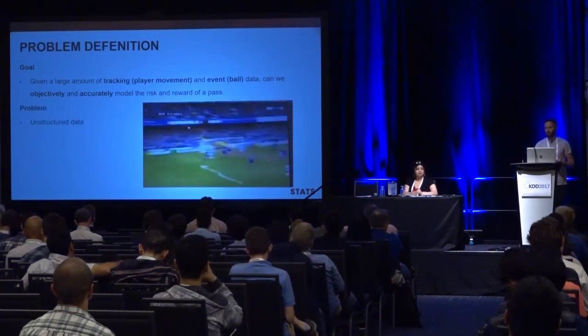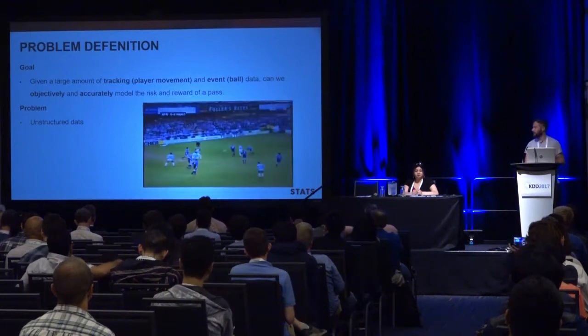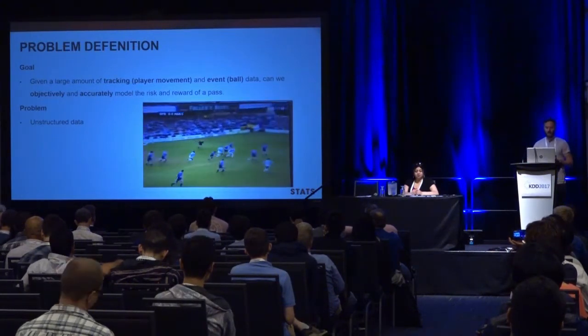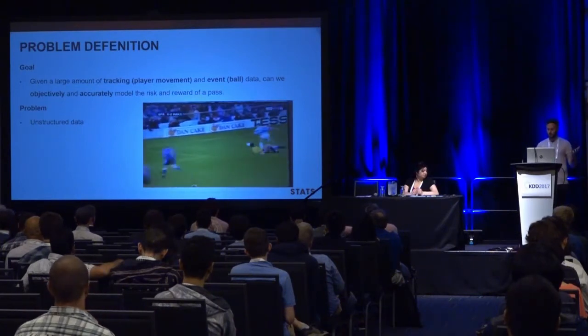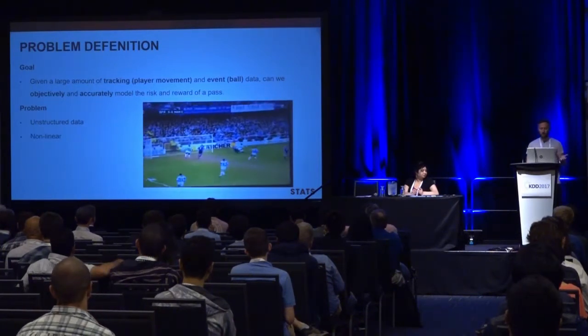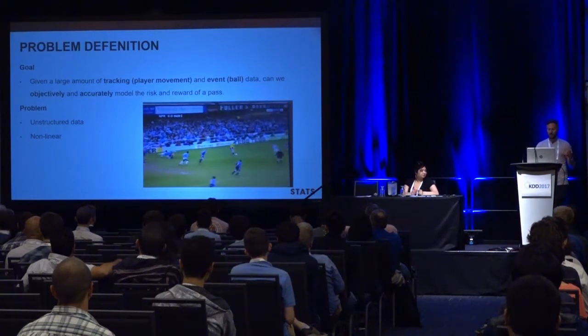However, there are problems. The first problem is that sports data is highly unstructured. Players are moving all over the shop. People are constantly changing roles. So as a result, it's non-linear. In addition to that,